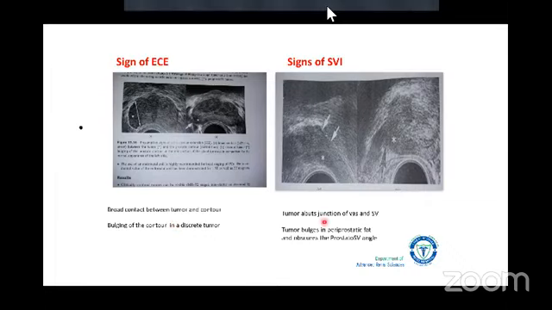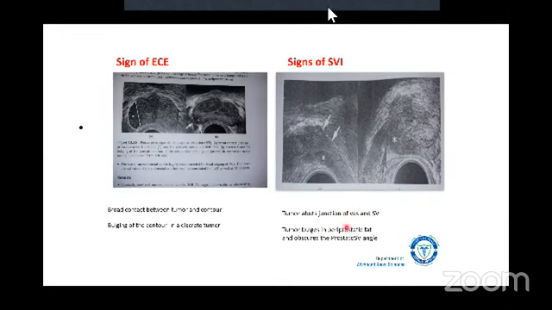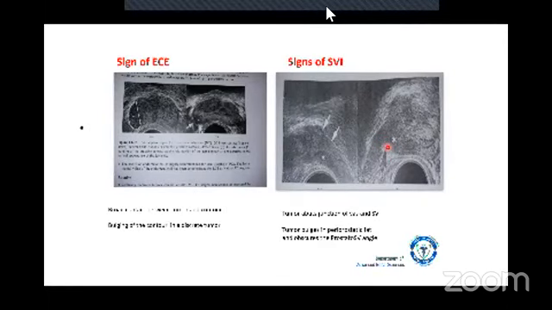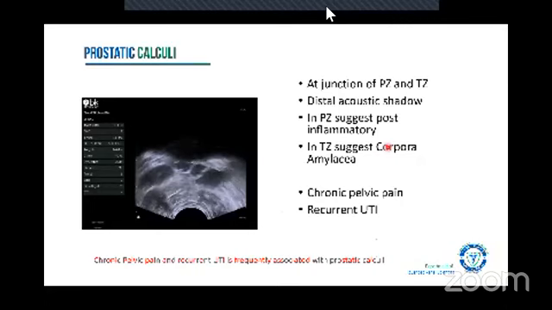Also, you can find telltale signs of seminal vesicle invasion if the tumor is at the junction of the vas and the seminal vesicle. I'm not sure if you can make it out on your screens, but this is where it is abutting the junction of the vas and the seminal vesicle. Well, most likely it has invaded the seminal vesicle. Or if there is a bulge at the prostatoseminal vesicle angle, which is obscuring the angle, and the Mount Everest sign is not seen, that means that there is probably an invasion of the seminal vesicle.